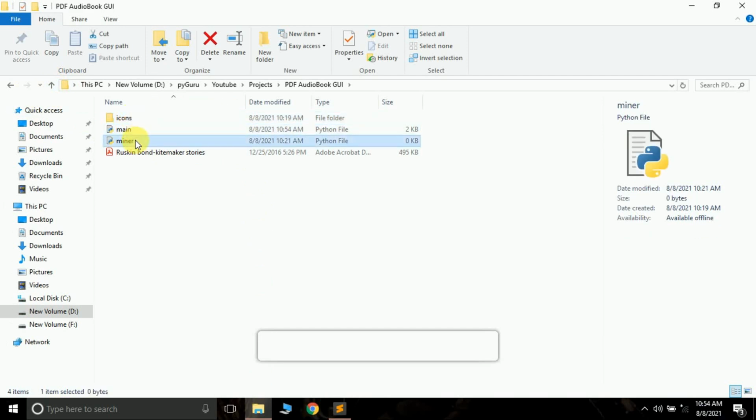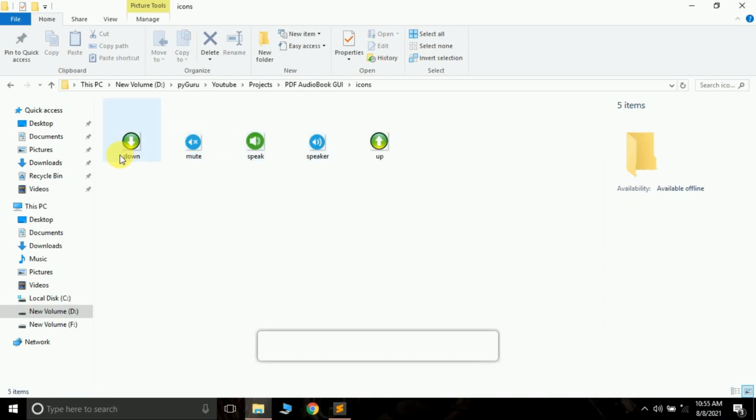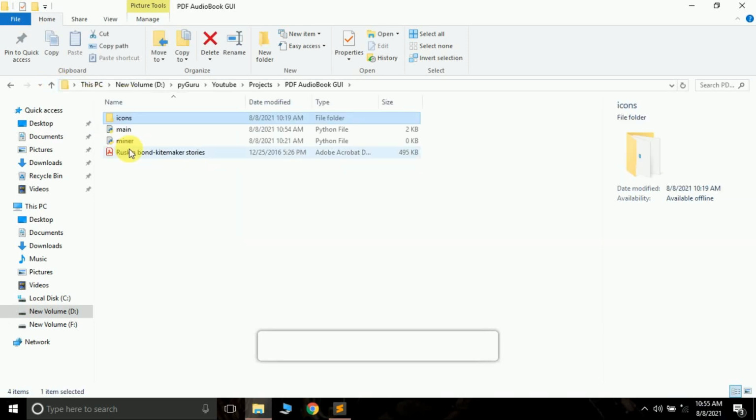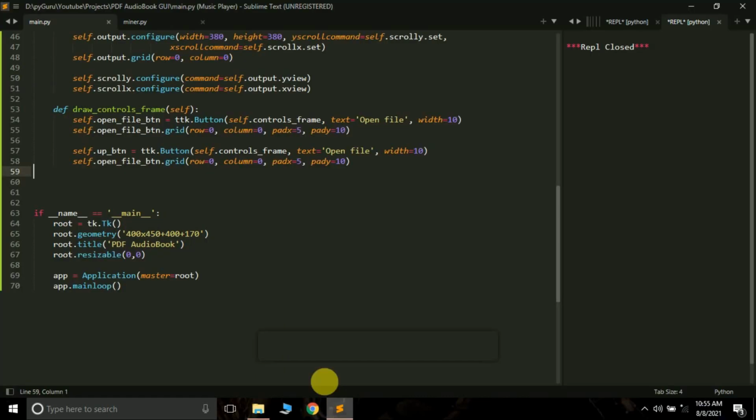This is main.py, this is minor.py, the file we will be working in a minute, don't worry. You have to create a folder icons and put all your icons in it. There are 5 icons currently: down icon, mute icon, speak icon, speaker icon, up icon. And then there's a sample PDF file.